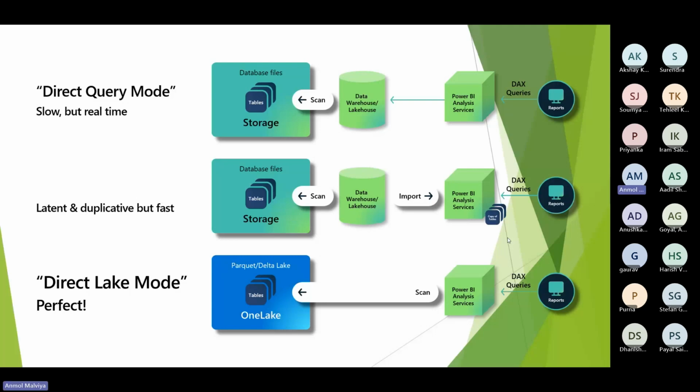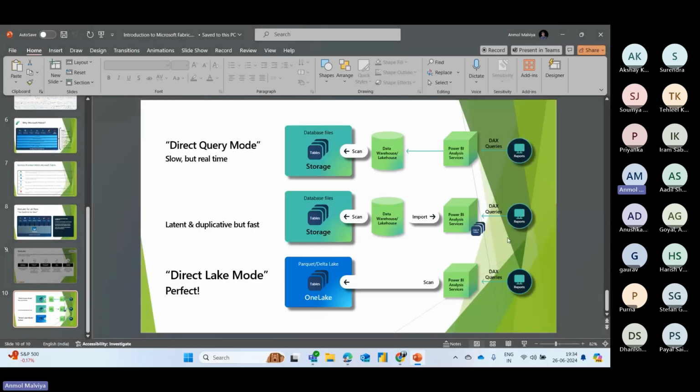So what Microsoft has done is create a new Direct Lake mode, in which we scan our data directly from OneLake. All our data will be stored in OneLake in the form of Delta Lake. So it will improve the performance, which is the requirement of our import mode, and it also provides real-time data, which solves our issue with DirectQuery. So we get both these things inside our Direct Lake mode. Yeah, this is what we get within Microsoft Power BI. So these are all the things which are going to be covered within Microsoft Fabric.